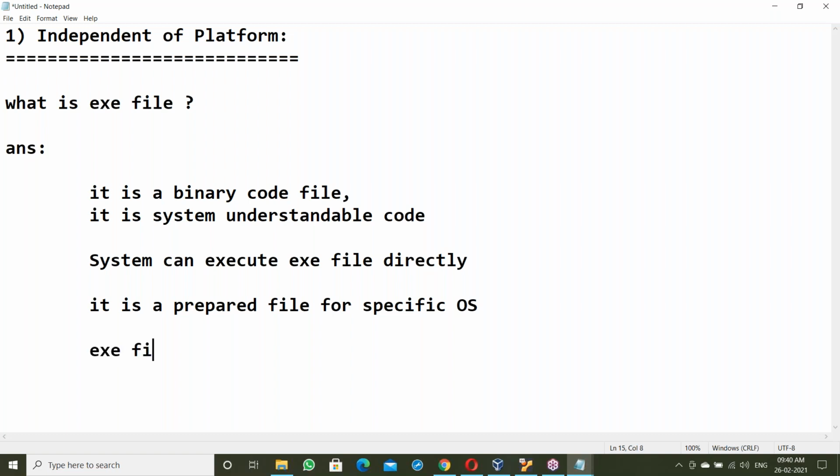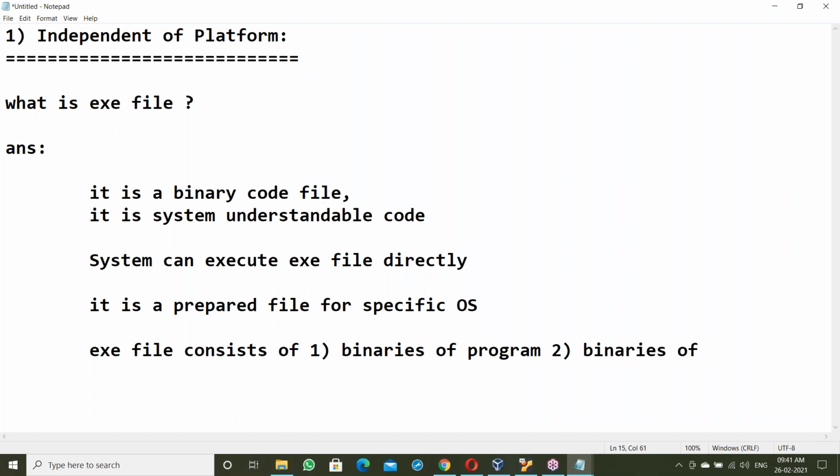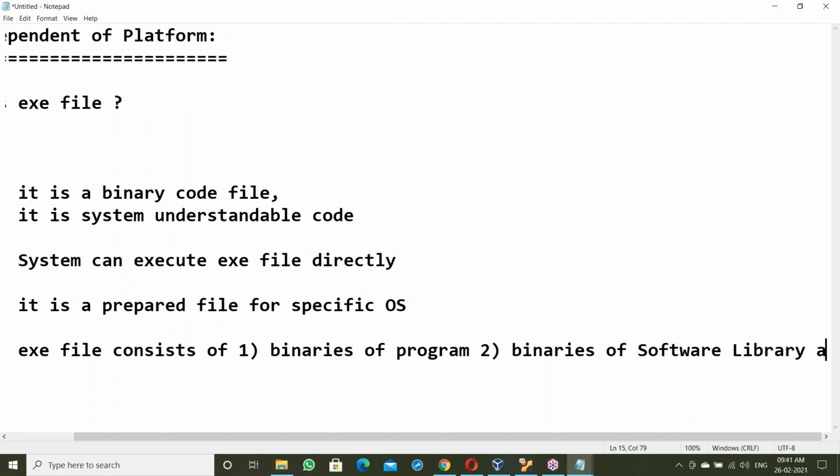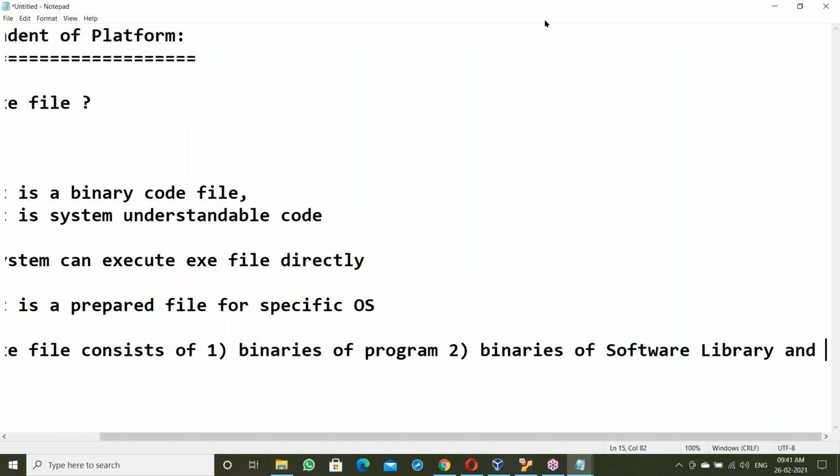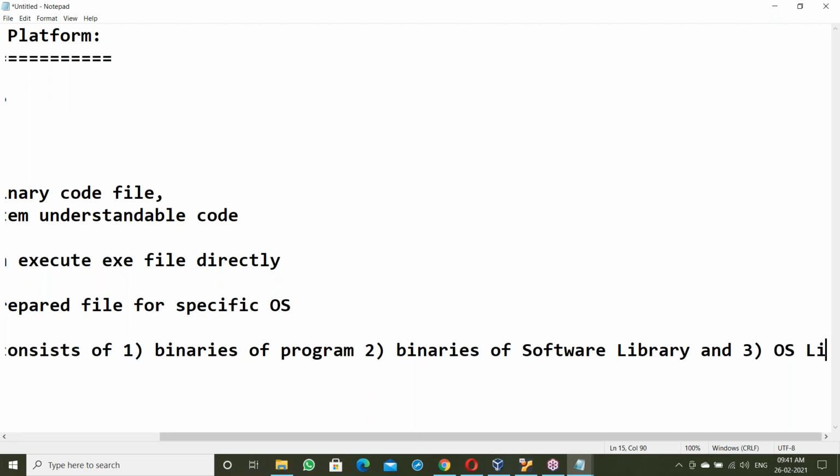So the exe file consists of, first, the binaries of the program; second, the binaries of the software library; and third, the binaries of the OS library.